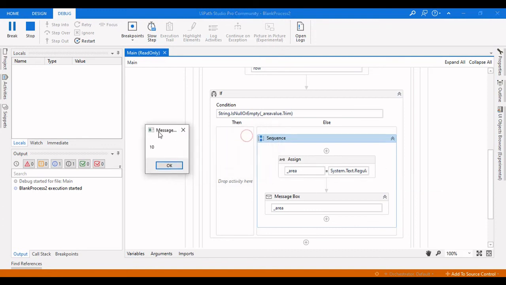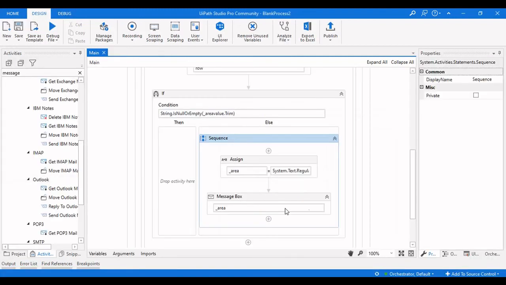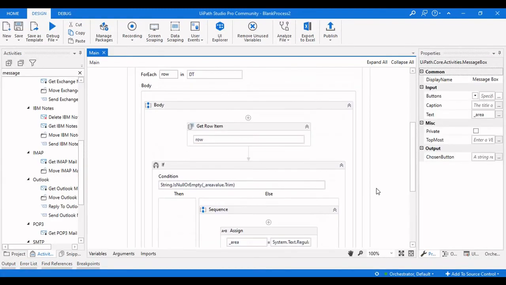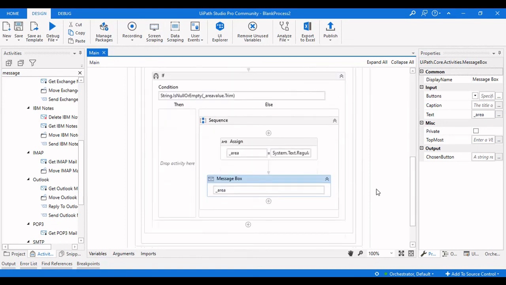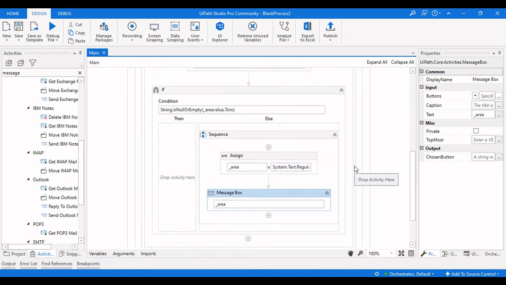Here we can see it is 10. After that it is 20, 58, 10, 10, 69. Now that's it. We got the values from the particular Excel in this message box.